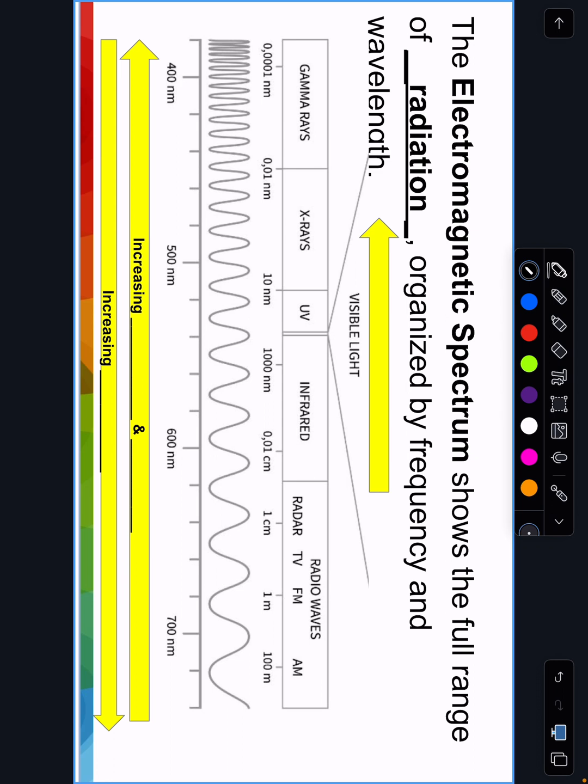All right, let's take a look now and connect this to our electromagnetic spectrum. The electromagnetic spectrum, once again, shows the full range of radiation that we know exist as humans. Because science is always evolving, who knows, there might be more past this that we just haven't discovered yet. What I want us to note first, down here on these arrows, we're going to fill in what's going up and what's going down. If I'm going in this direction, notice that wavelength is getting bigger. So this direction has an increase in wavelength,